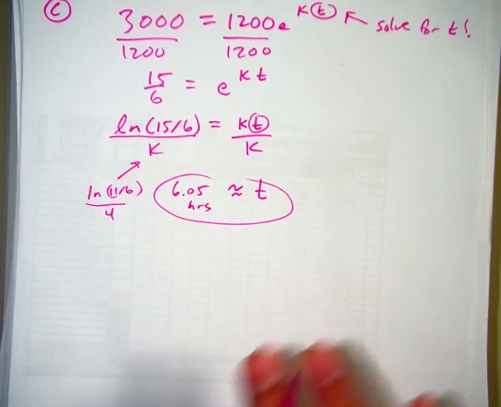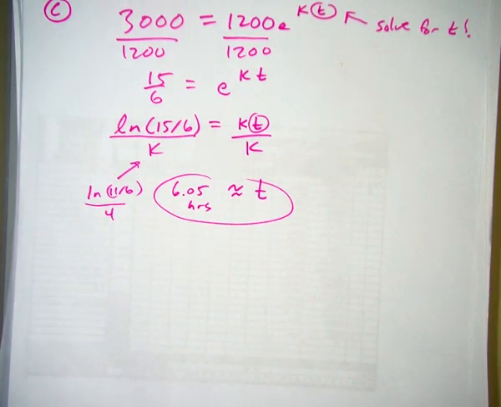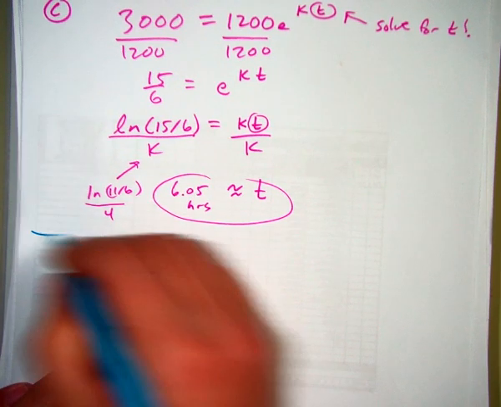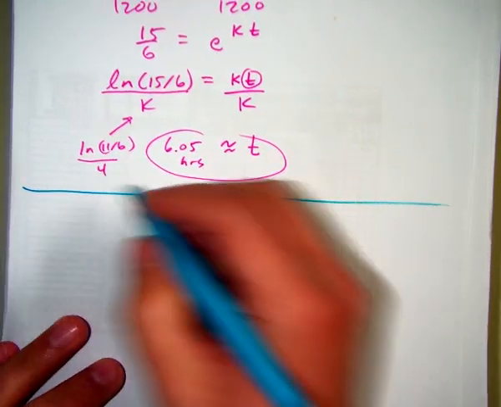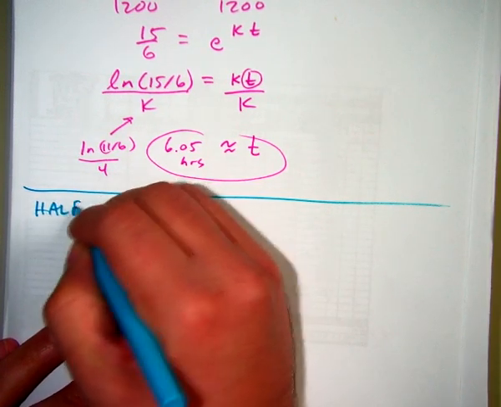Okay, so there's an example of exponential growth. We'll do a decay example, but before we do that, I want to define half-life. So actually, if you turn the page in your packet,